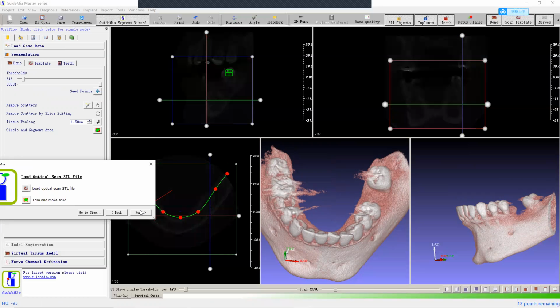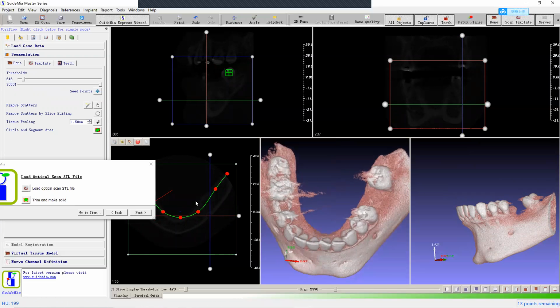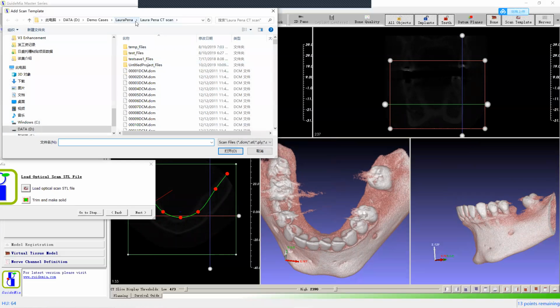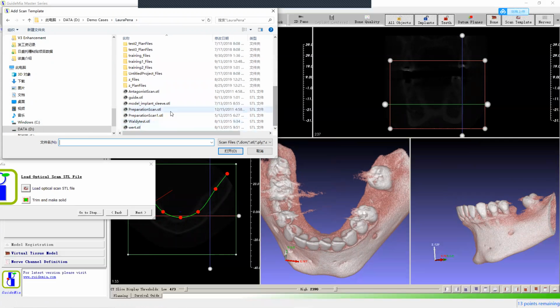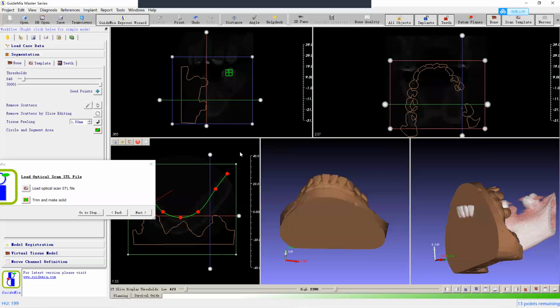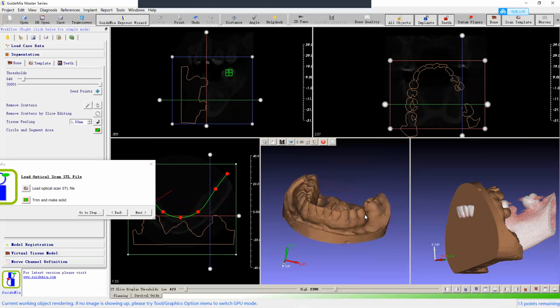We go to next. Now, since we have the patient CT scan, we will need to get the STL file of the model. So we load the STL file. And we find the STL model, and we open it. Now we have the two data sets here. Before I try to register them, let's talk a little bit about